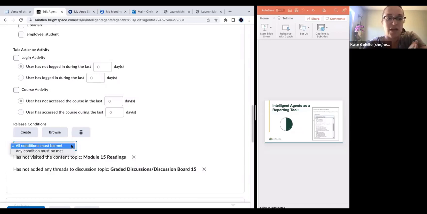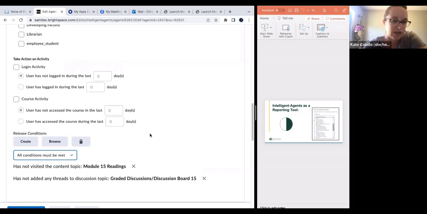So this means a student hasn't been to the content topic, module 15 readings, and they haven't posted in the discussion topic. So they really have not engaged here in this module. It is Boolean, so you can change this to "or," either or. And then if you hit create there,